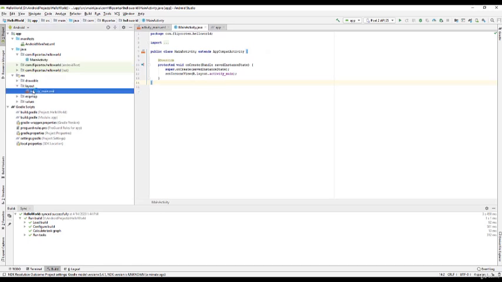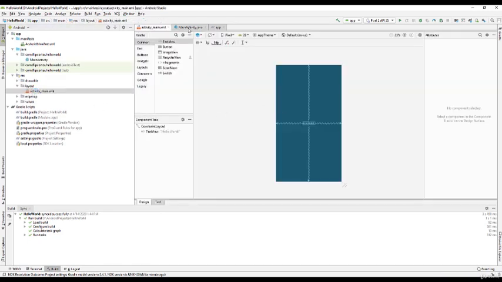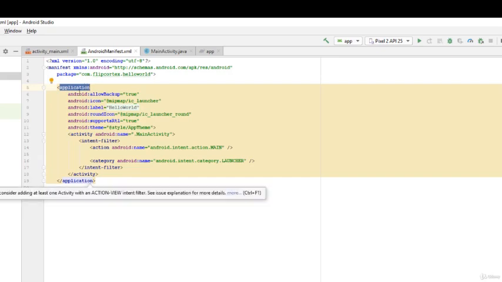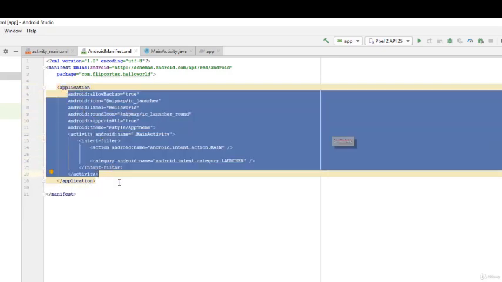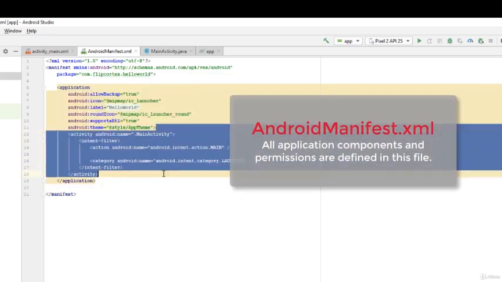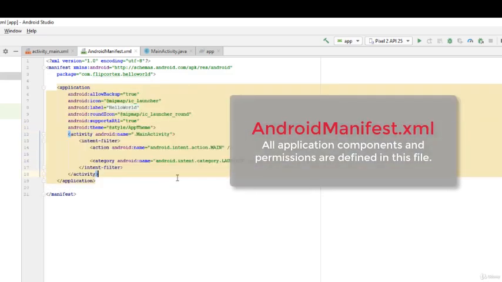Next, we have the layout of an application. In our activity, we point to a layout, which is where we have the user interface. Another important file is the Android manifest. Think of it as a file that explains the main features of an app to the Android operating system. Here we will define all app components and permissions that an app uses.